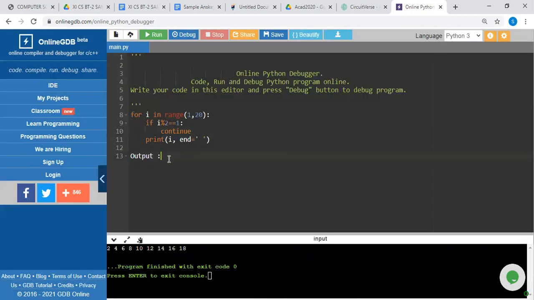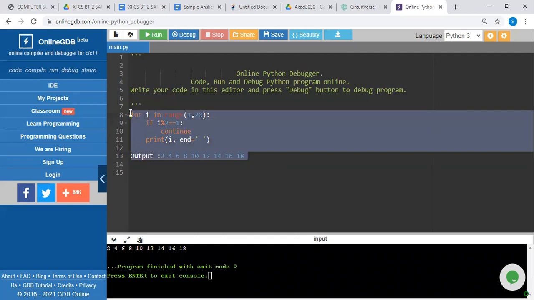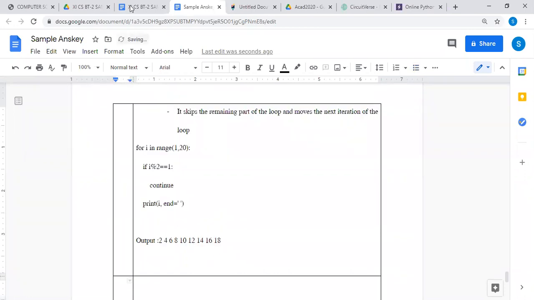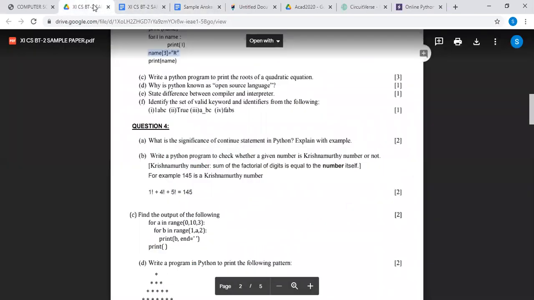Output of the code is this one. So we write the output of the code here. This is an example which can make you understand why this example code gives this output. Correct. So we are coming to the next one, which is the